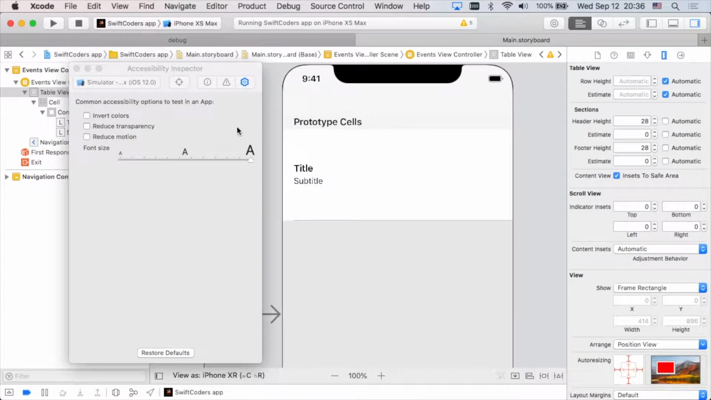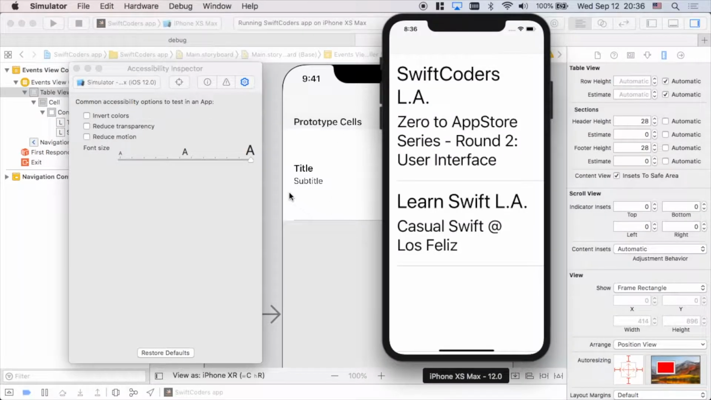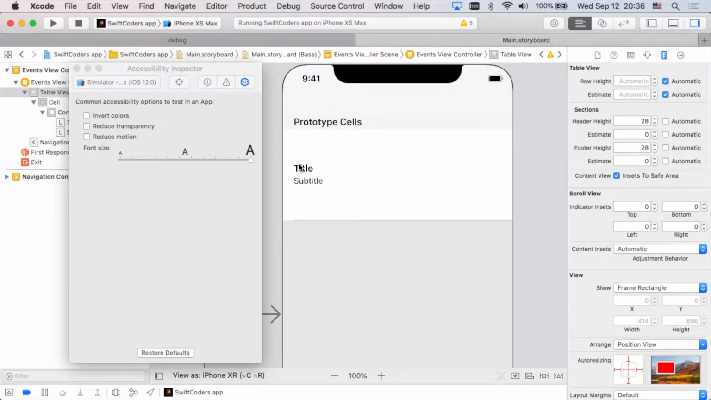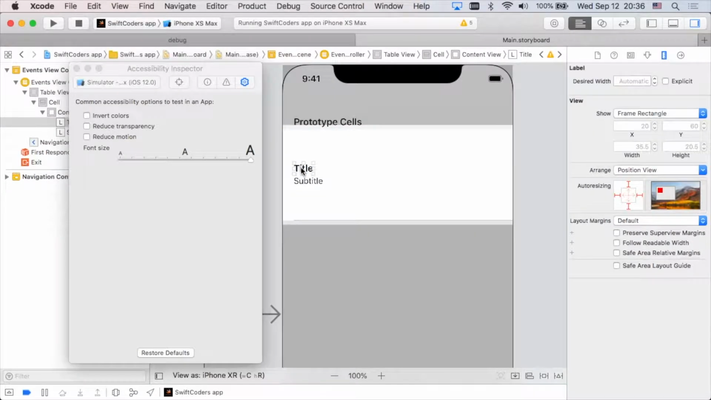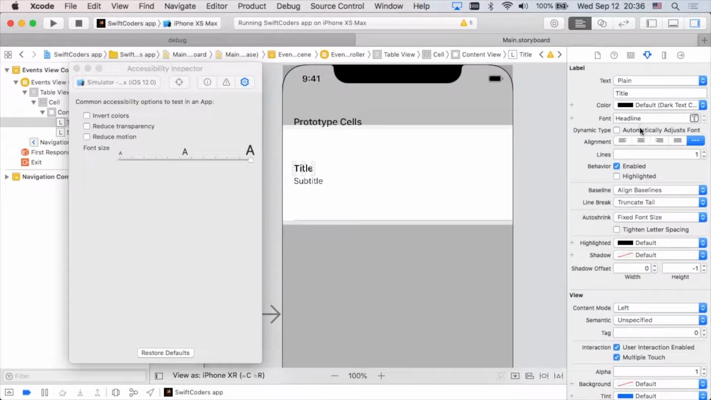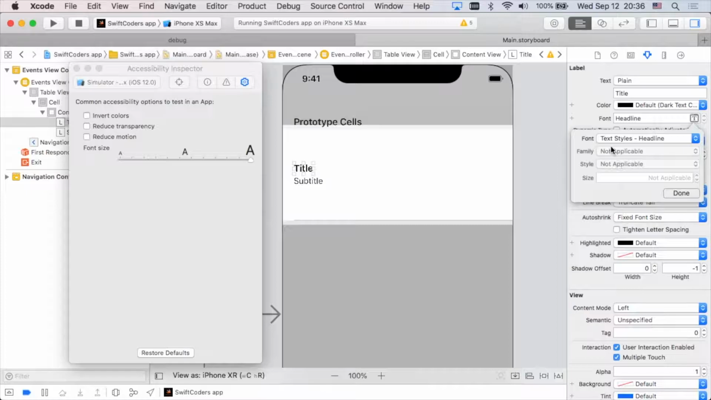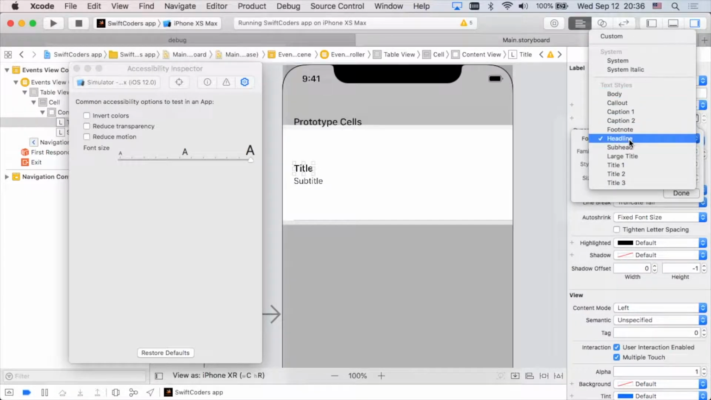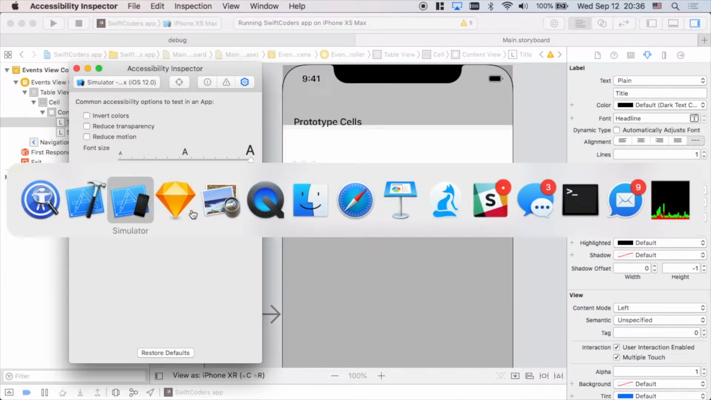Okay, so this is what I wanted to show you. Why I selected a text and made it not fixed size, but I used those font styles, the text styles. These styles grow and shrink with the settings of the system. And it is important,